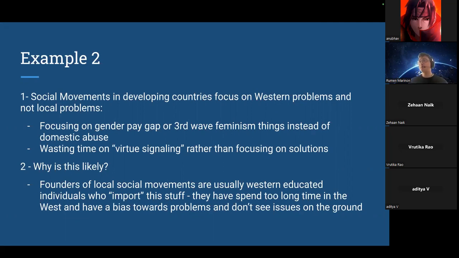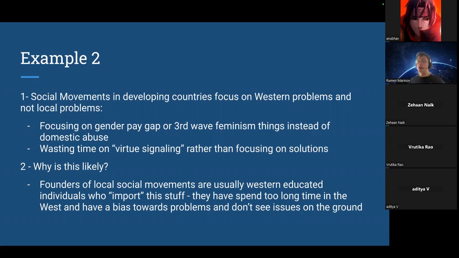They don't really have the same context-specific issues as these countries, meaning that the individuals who are educated there, who spend a lot of time around this social circle, who have internalized the message of, for example, the gender pay gap being the worst possible thing, later when they return back to their countries, necessarily have a bias towards these types of problems and this type of messaging. They most likely also continue to read up and educate themselves from Western media, like the Wall Street Journal, the Economist, and things like that. They point to these issues because they are the relevant issues within the Western echo chamber and